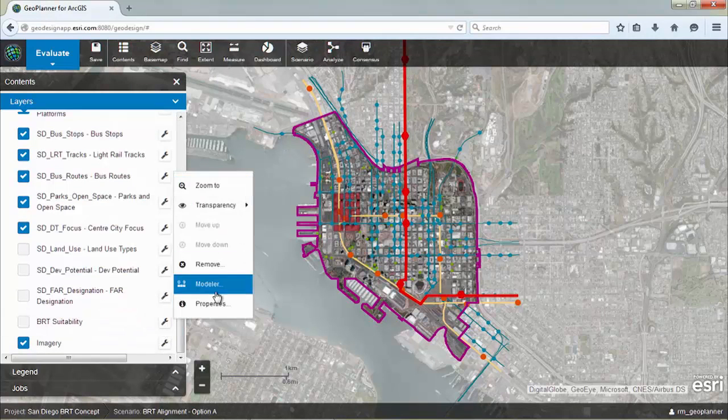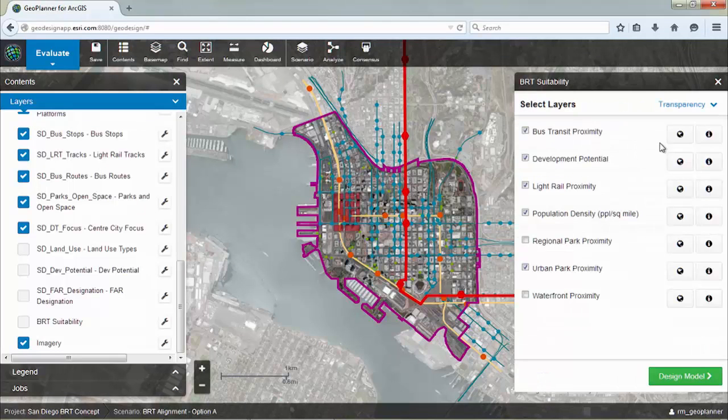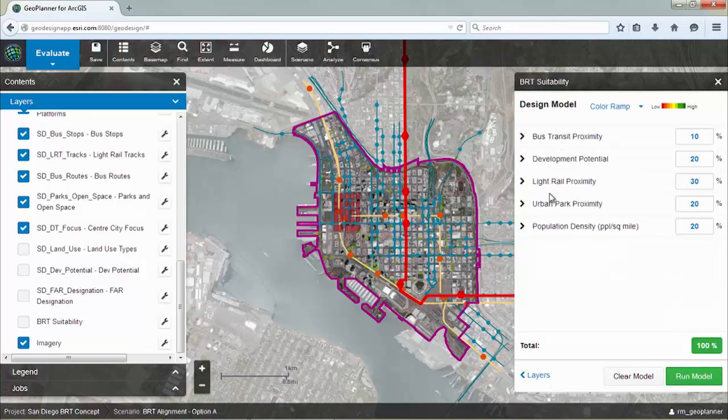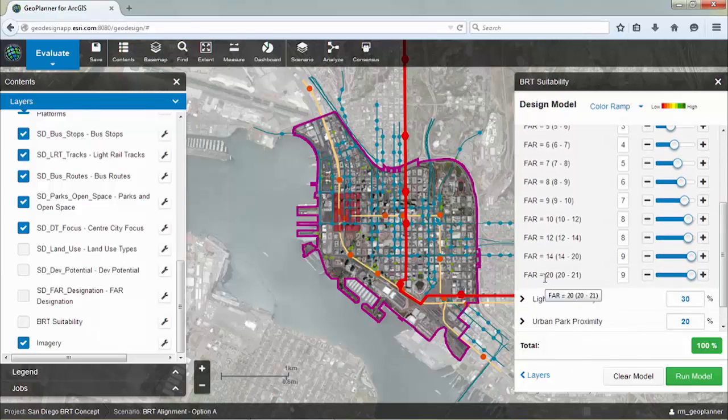And that suitability model looks like this. This uses a weighted raster overlay, which is a very sophisticated technique that we've made a lot easier to use. First of all, I'm going to take a look at which layers I'm using to inform the suitability. I'm looking at proximity to existing bus, light rail, and urban parks, as well as existing population density. But because we're also looking to stimulate real estate development, we also want to understand what the potential for future development is. So, for example, I can say, if we're going to use high FAR, or floor area ratio, which is a metric of density,